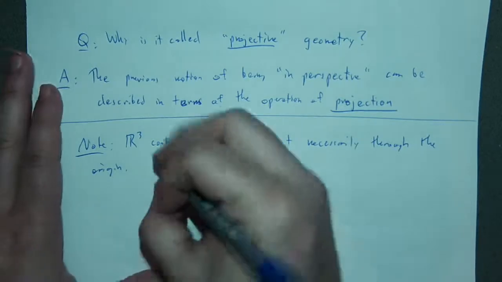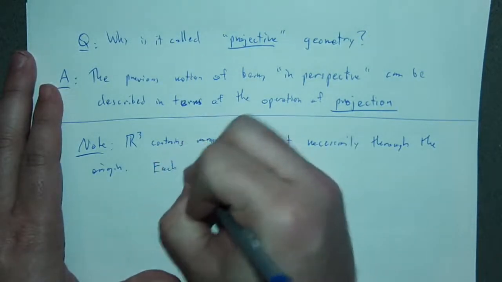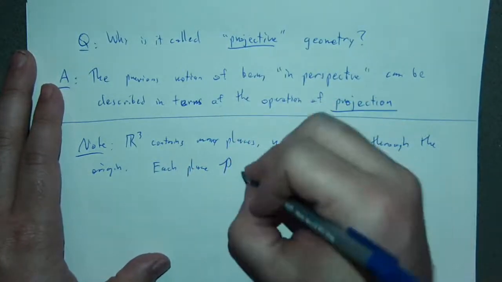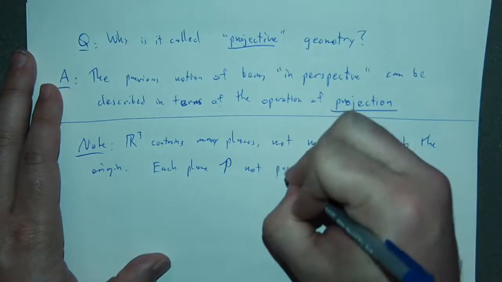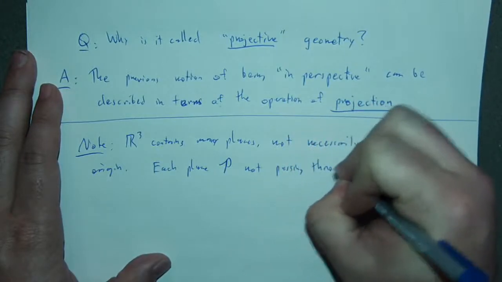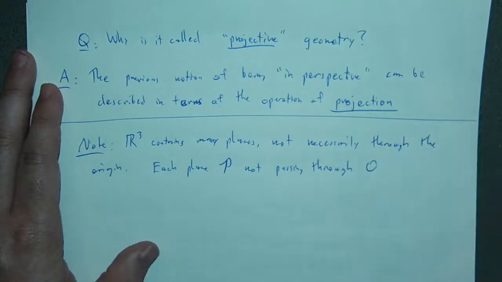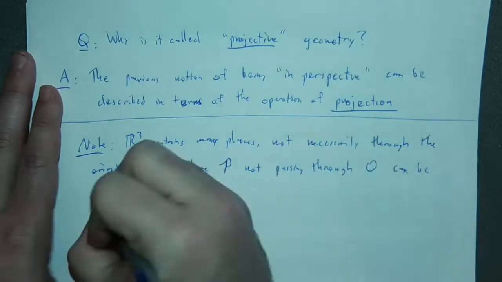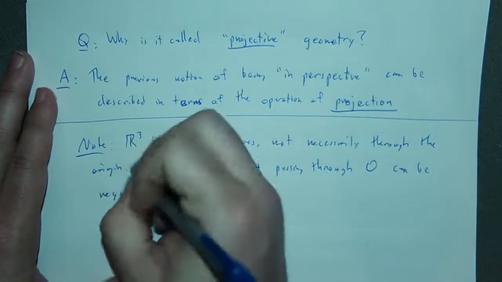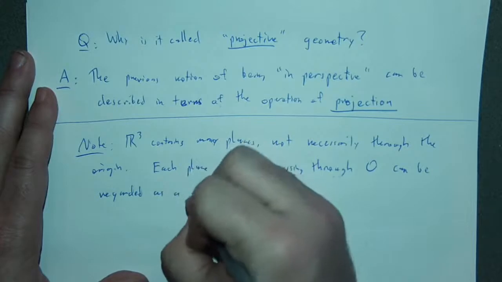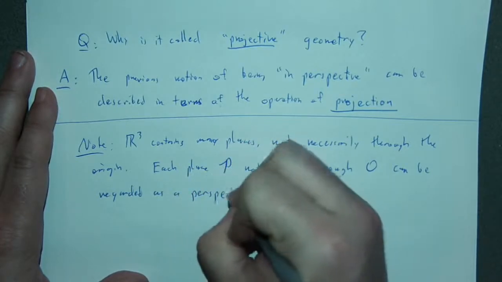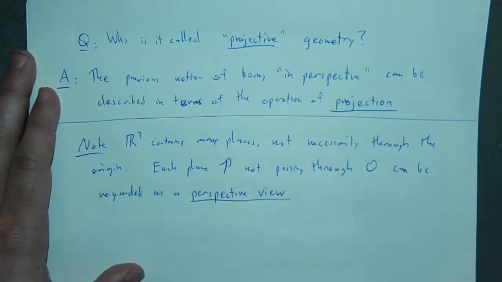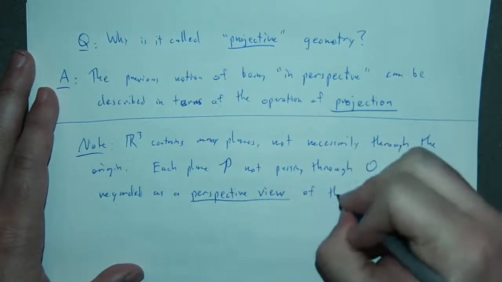So then each plane P not passing through the origin can be regarded as a perspective view of the projective plane RP2,